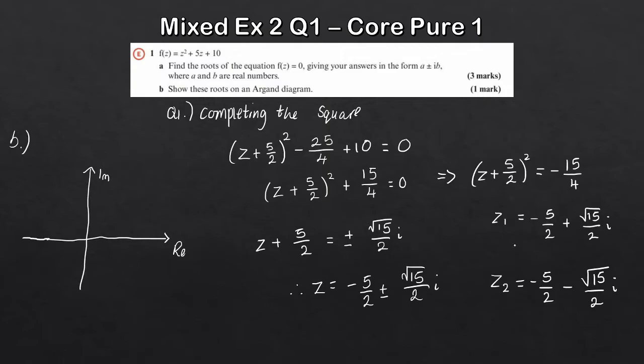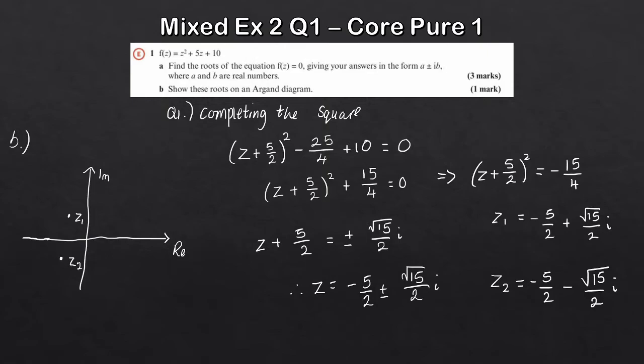If we start with Z1, it's minus 5 over 2 on the real axis, so that's minus 2.5, about there, and then it's up root 15 over 2. Again, it just needs to be a rough sketch. If we say that's about there, so that's Z1. Then we can do the same with Z2. Again, it's minus 5 over 2, so it's exactly there, and then it's down root 15 over 2. If we say that's about there,